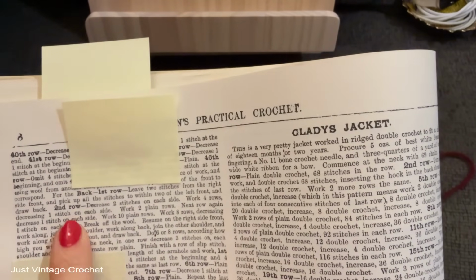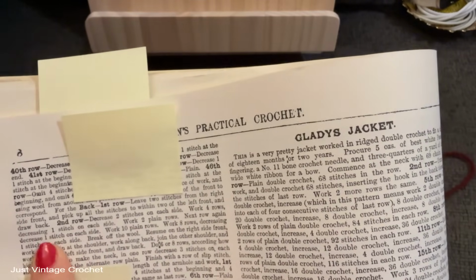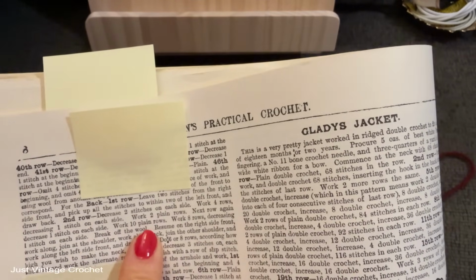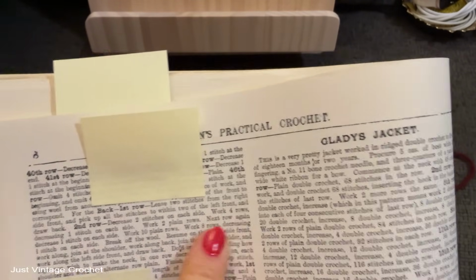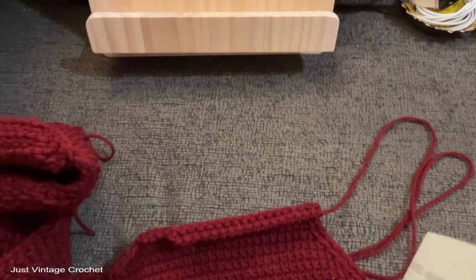Work 4 rows, decreasing 1 stitch on each side. Work 2 plain rows. Next row, again, decrease 1 on each side. Work 10 plain rows. Then work 8 rows, decreasing 1 on each side. I mean, I didn't even get